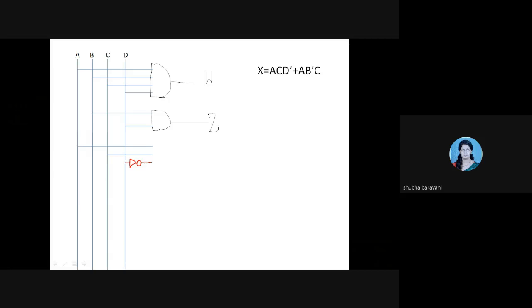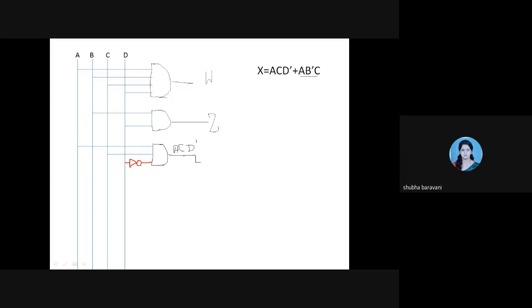Okay, A C D bar. To connect A C D bar I'll use an AND gate. This output is A C D bar.